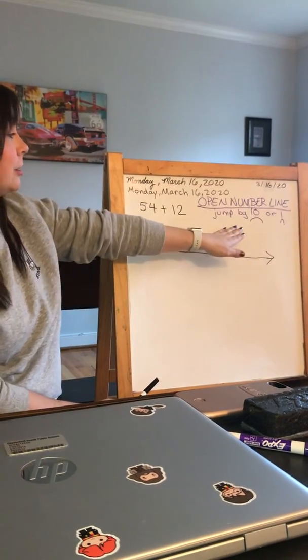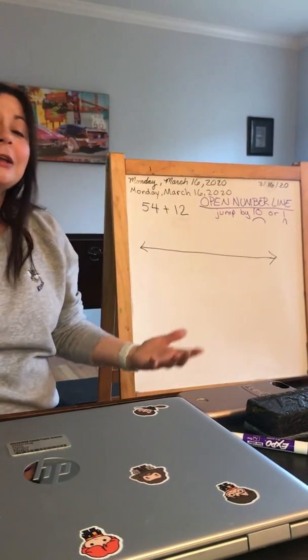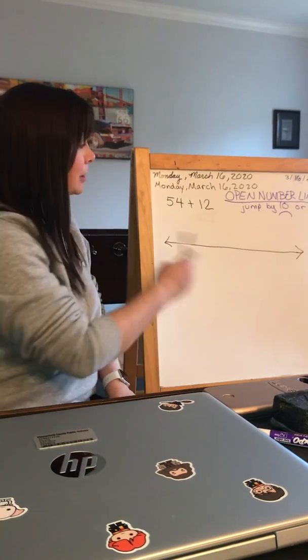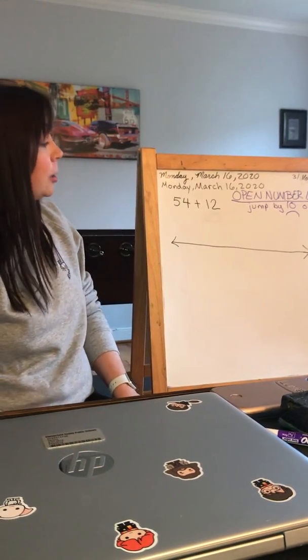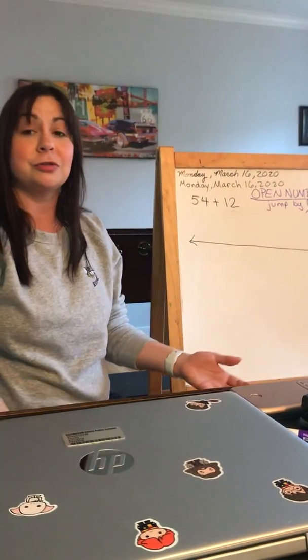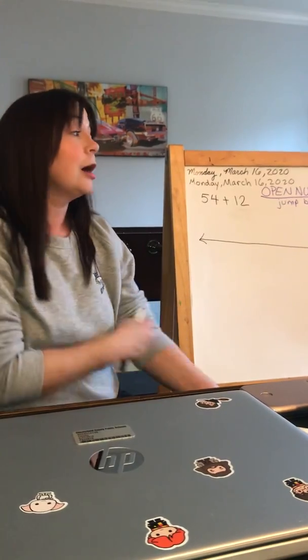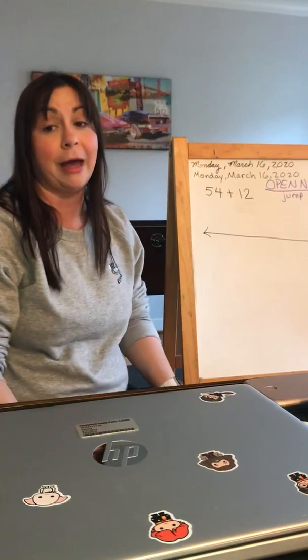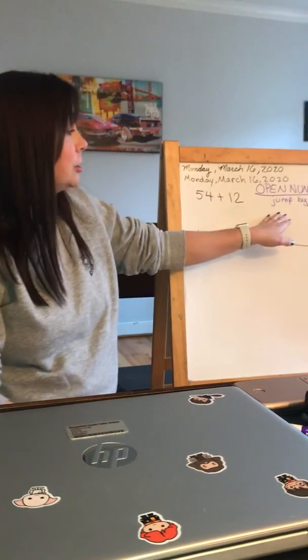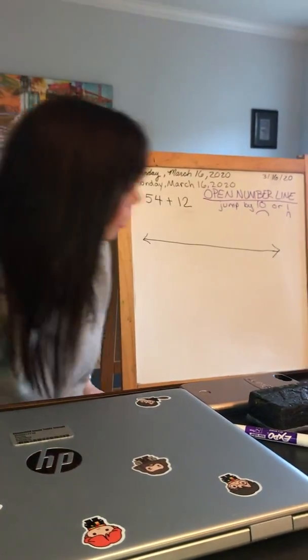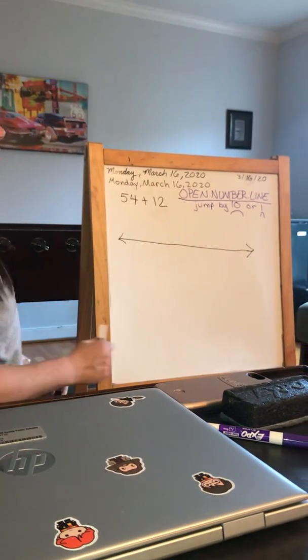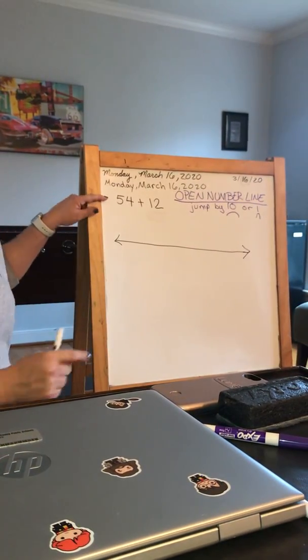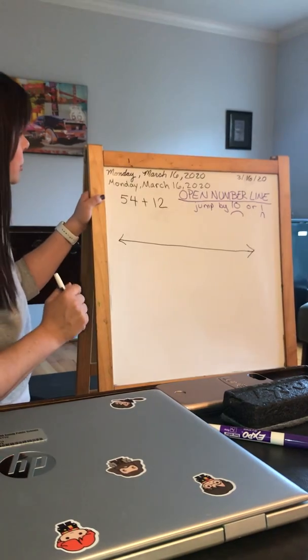So we are going to start on an open number line. You've been adding two-digit numbers on a hundreds chart, but now we're going to try on an open number line. You have to remember, on a number line, you've already used them before, and I'm going to link a lesson online with this video so you can use it and go back to it if you need to. So you want to jump by tens or ones when you are adding on an open number line. So you want to start with the biggest number, just like on a hundreds chart. You don't want to do too many jumps.